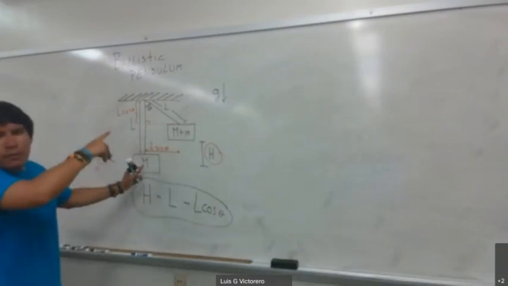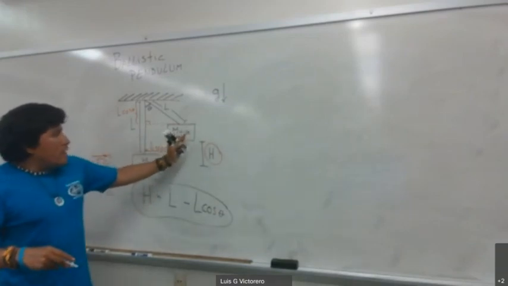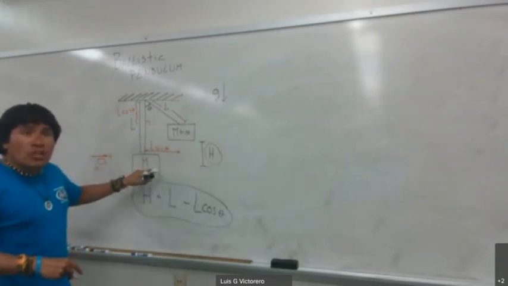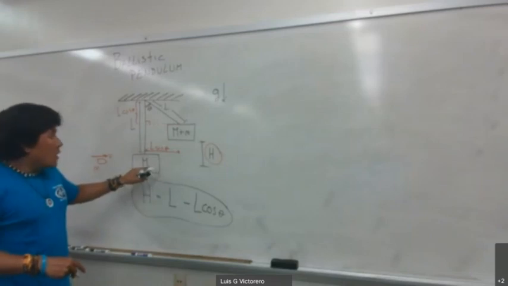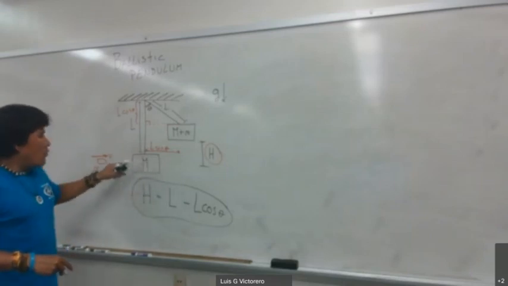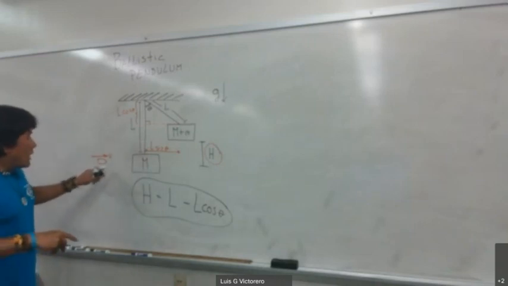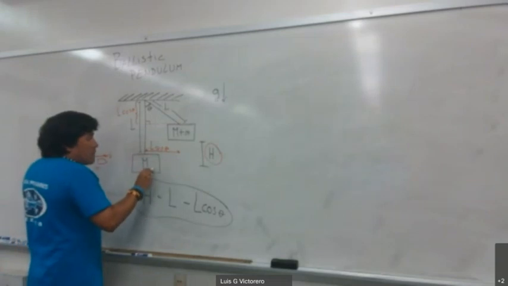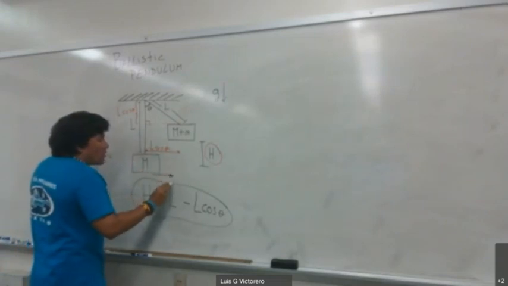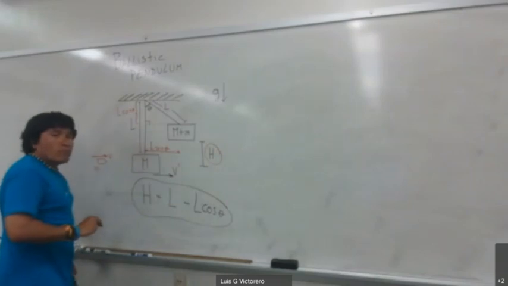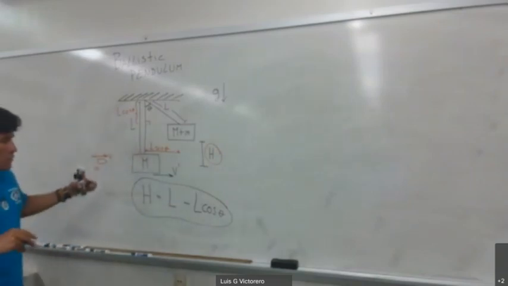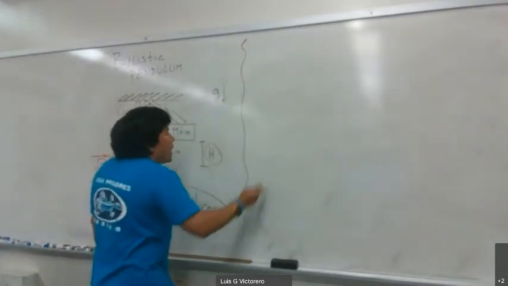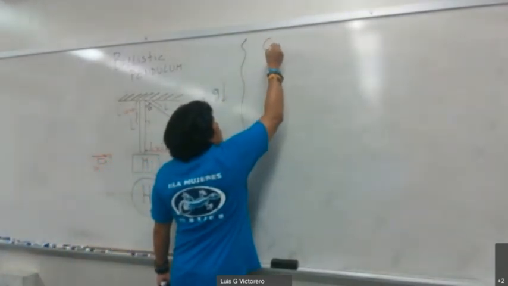The mass, just like the problem that we did, is going to be lifted some height h due to some energy that the mass is acquiring. Where is that energy coming from? The bullet. But we know that there is going to be a perfect inelastic collision. So I can say that the mass is going to be lifted with a v prime speed or velocity towards the right. So if I put here the collision first,